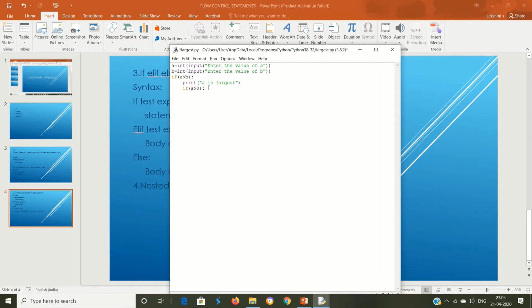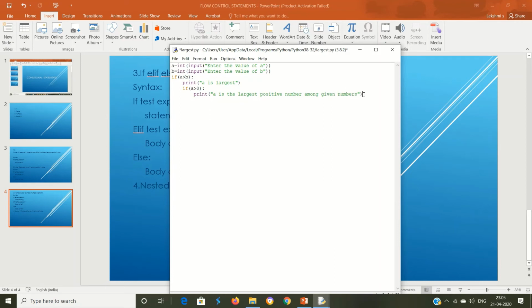So if A is greater than 0, print A is the largest positive number among given numbers.